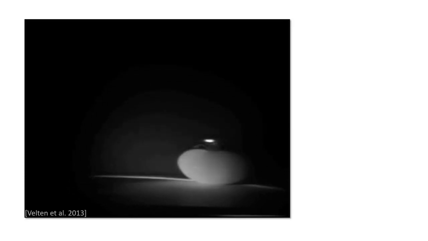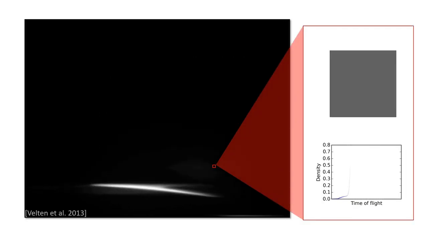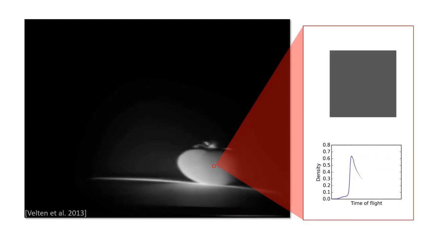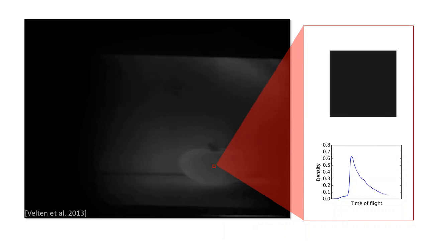The term light-in-flight imaging refers to video-like data with a temporal resolution high enough to capture the propagation of light in a scene. Here we see a light front moving over a tomato in front of a wall. In a video like this, each pixel is associated with a temporal profile of light intensity, which corresponds to the amount of light that the corresponding point in the scene reflects or emits towards the camera at a given point